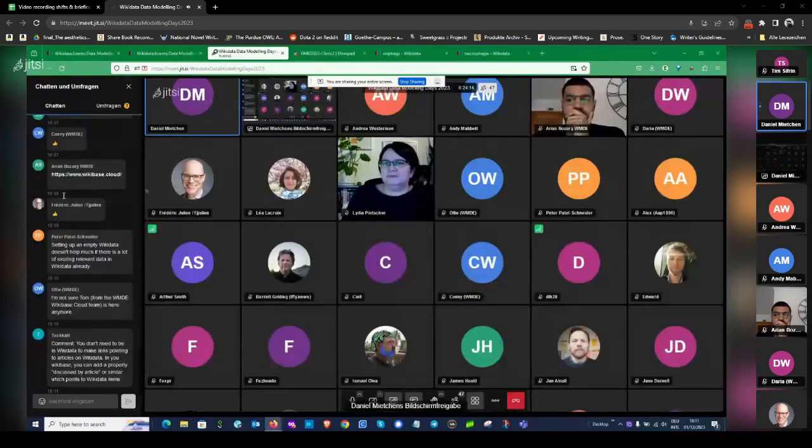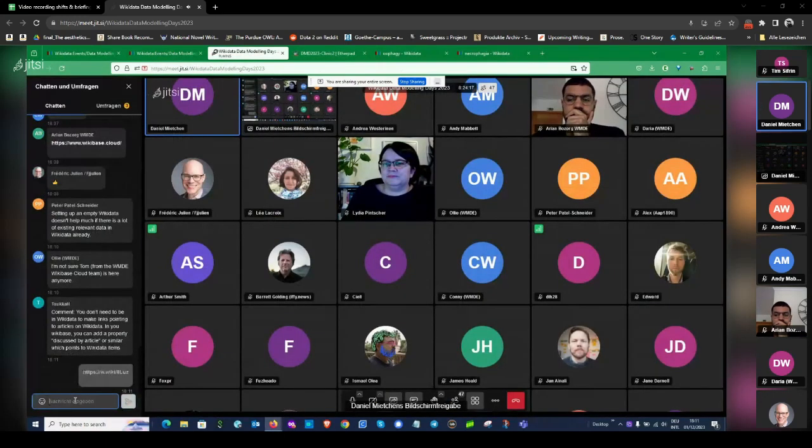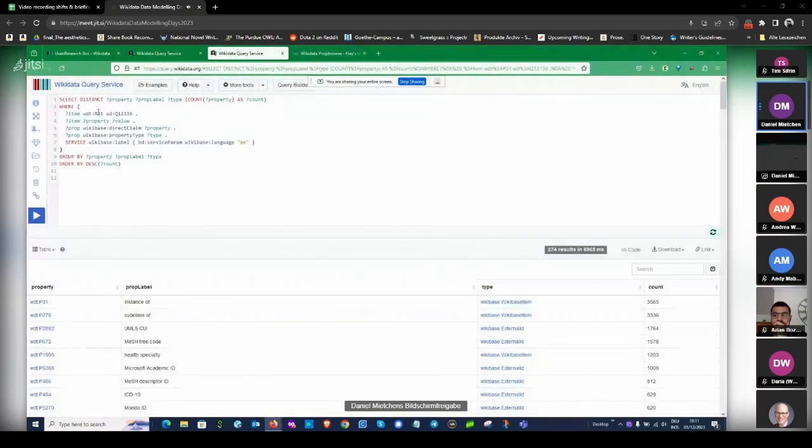Or for people, some people already understand it from just reading. So here it searches for things that are instances of disease, and then it checks all the claims on these items that meet this criterion, and then checks which properties are used in the statements on this item, and of which type the value for that particular property is, and then it counts, right? And so for all the instances of disease, we have, of course, instance of statements,